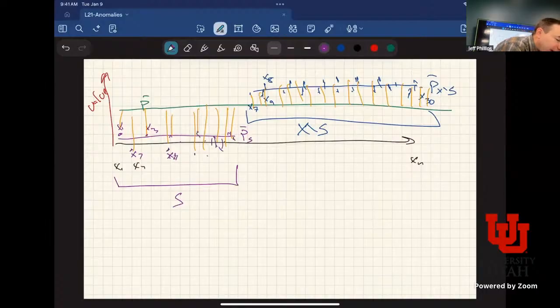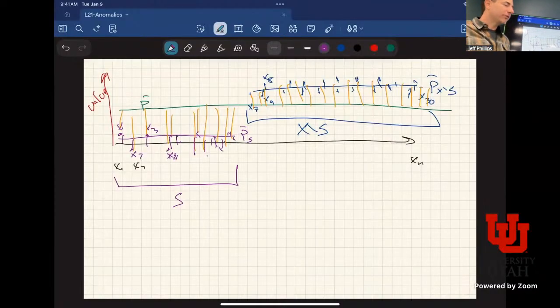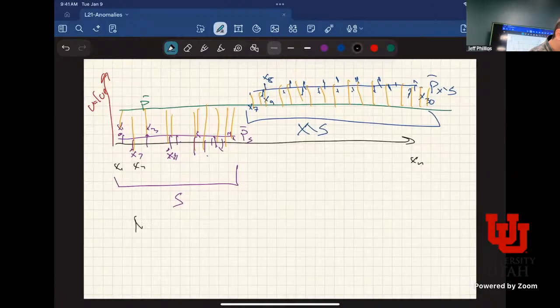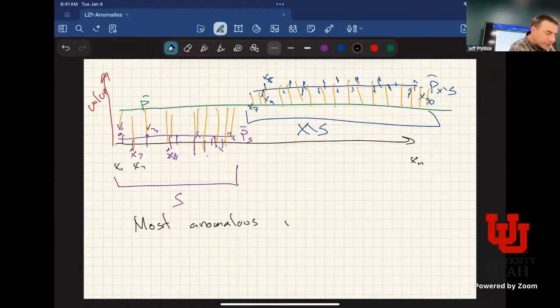And the hope is that the sum of the squared errors in these are much less than if I have just fit one mean to everything. Then I would say if these are much different, this is possibly an anomaly. Maybe this sequence goes much further, and there's one region where the error seems to be different. Okay, and so the region S, the most anomalous region